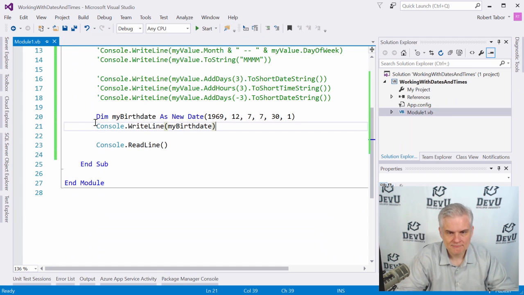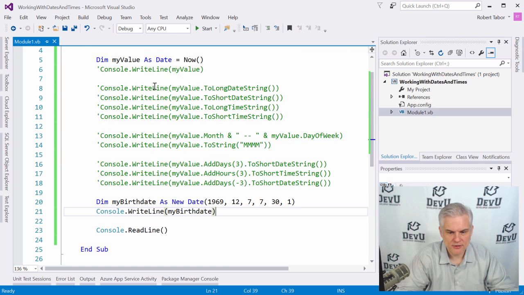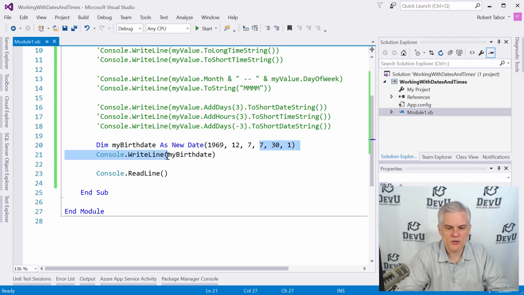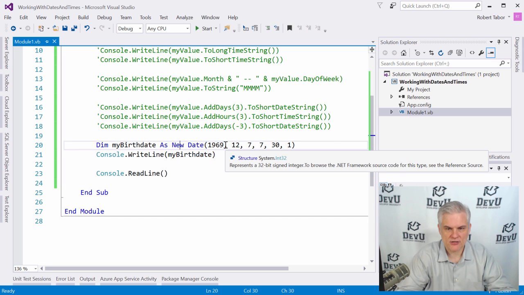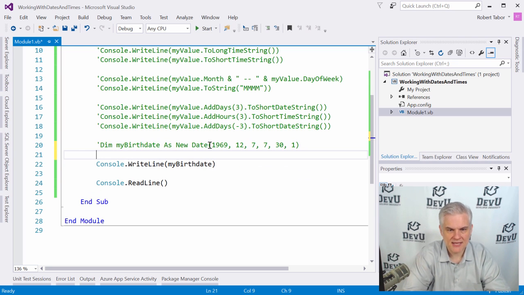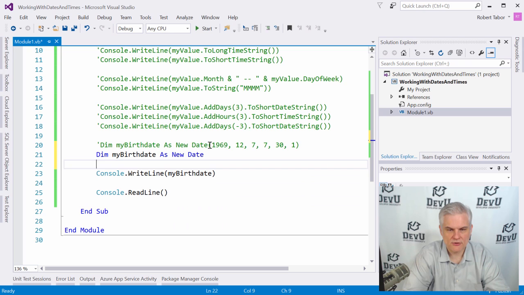Okay. Now, what can we do with this? Well, we can do anything that we did previously with it. We can actually use it to find out the span of time, how many days I've been alive, so on. We'll come back to that in a moment. But this is one way that we can create a new date in the past or the future by initializing it in the constructor. We can also do something like this, where we create my birth date as new date,